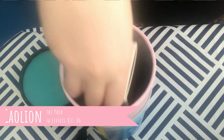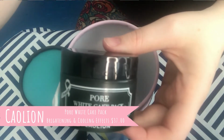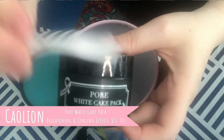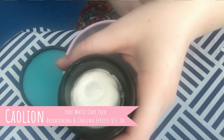Last thing in the box is the Colloidal Pore White Cake Pack, a radiance boosting facial in a jar that delivers deep hydration, purges pores, and exfoliates with the help of fruit enzymes and Amazon clay. Okay, so I'm a little bit confused if this is a washing thing or if it's like a mask thing. Let me see if it says anything on here. Apply evenly to dry skin, leave on for 10-15 minutes. So it is like a mask,